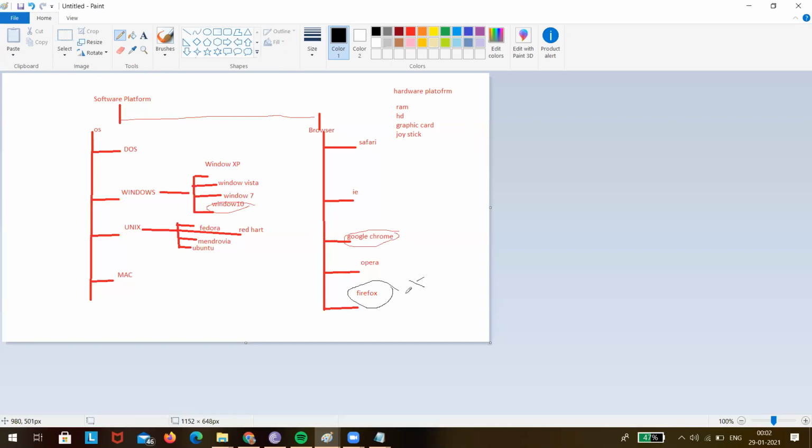So this is called as what? Compatibility issue. Compatibility issue means an application is working fine in one platform and it is not working in another platform. That means this particular application was working fine in Windows 10 and Google Chrome, but it is not working fine in Windows 10 and Firefox.